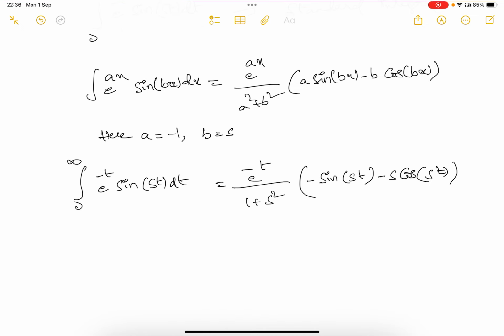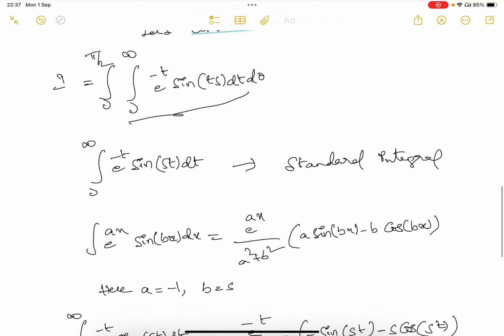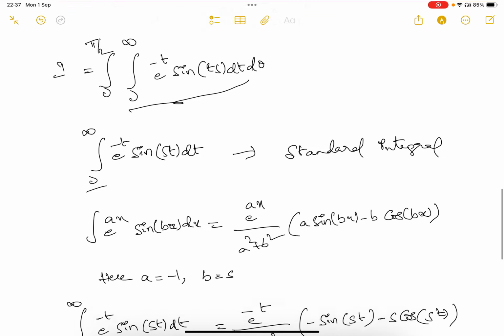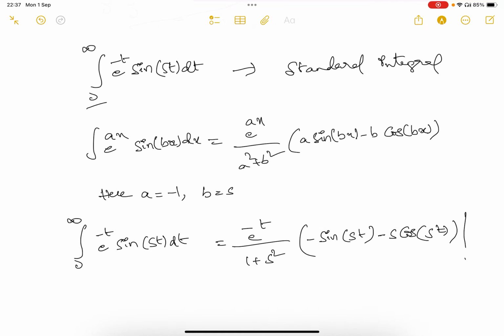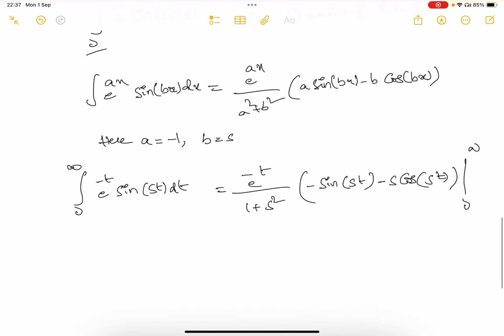Fine. Then here in our case, this integration limits are 0 to infinity, right? Then this integral value will be, when t equals infinity, this will be 1 by infinity, which is 0, right? And this will be 0 minus, let's see, when t is 0, e power minus 0 will be 1, 1 by